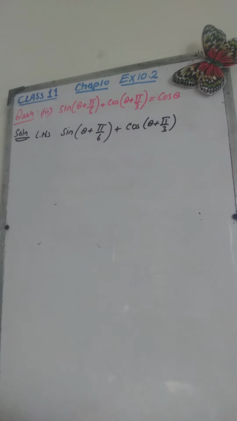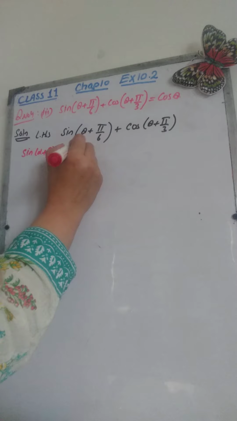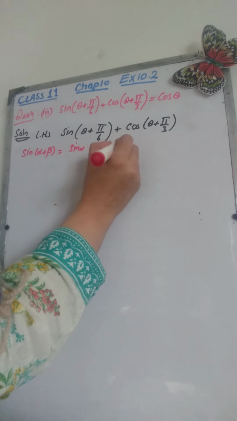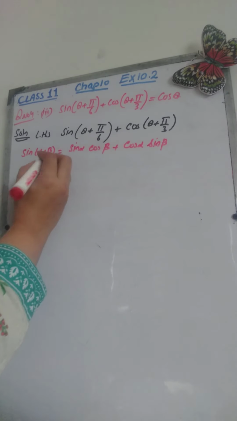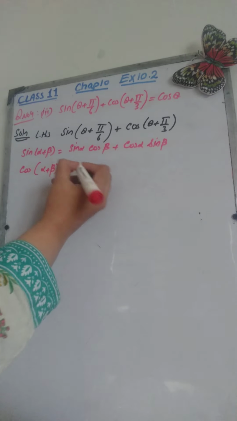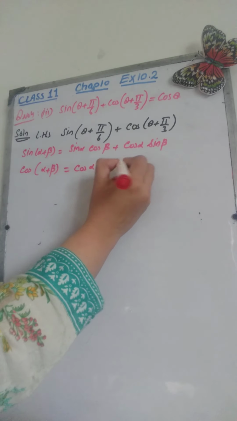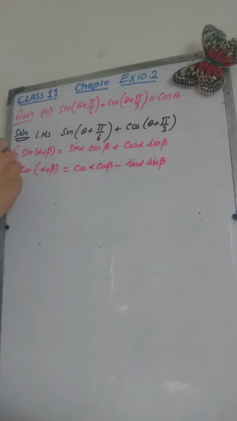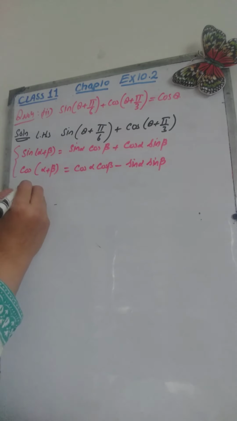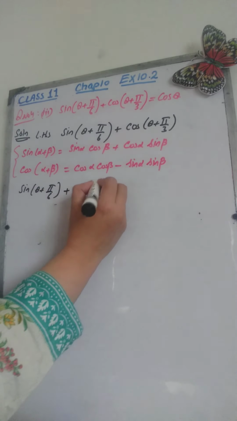The identities that we are going to use are sine of alpha plus beta is equal to sin alpha cos beta plus cos alpha sin beta, and cos of alpha plus beta is equal to cos alpha cos beta minus sin alpha sin beta. So using these identities, we are going to prove the left hand side to be equal to the right hand side. Taking the left hand side, sine of theta plus pi by 6 plus cos of theta plus